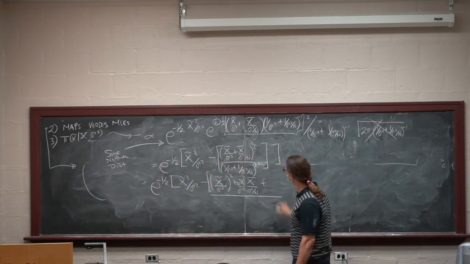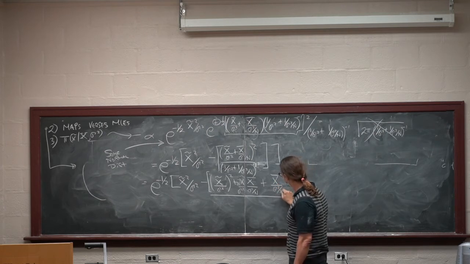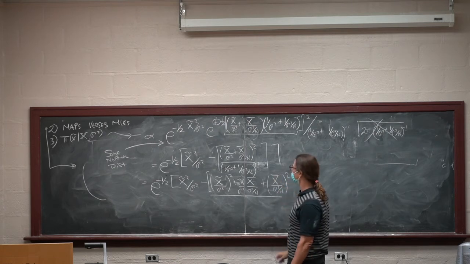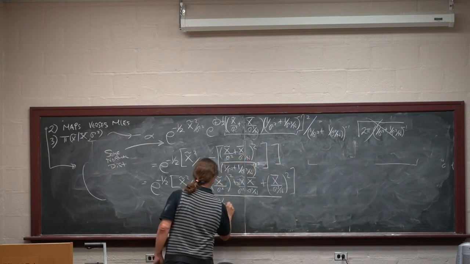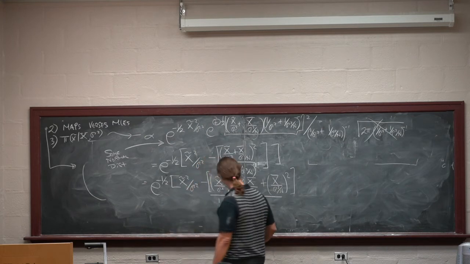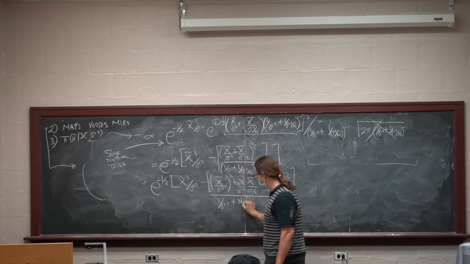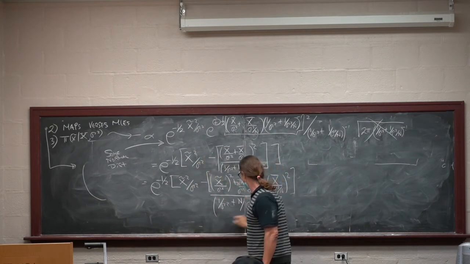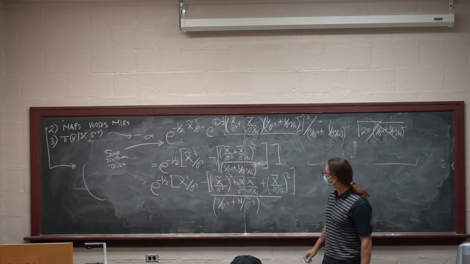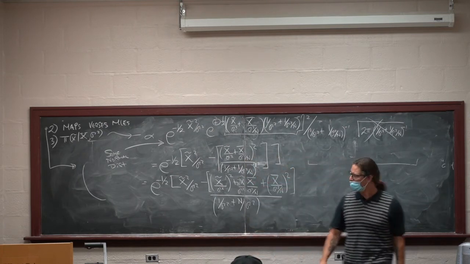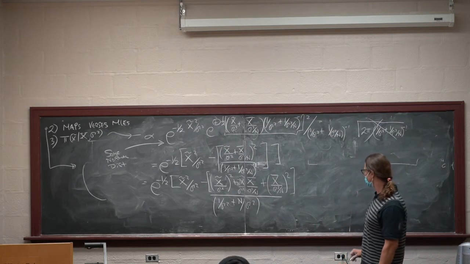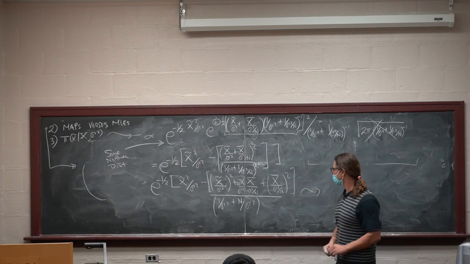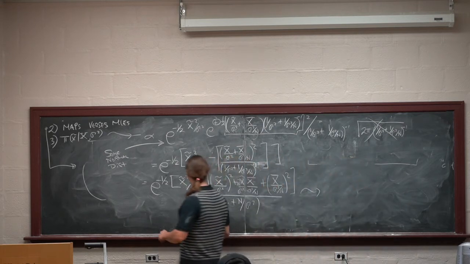Plus x bar over sigma squared over n sigma squared, 1 over sigma squared plus, I'm prepared to pull that n upstairs now. I'm starting to get tired of looking at it. So we're almost done. Now I just need to rewrite this in terms of x tilde squareds